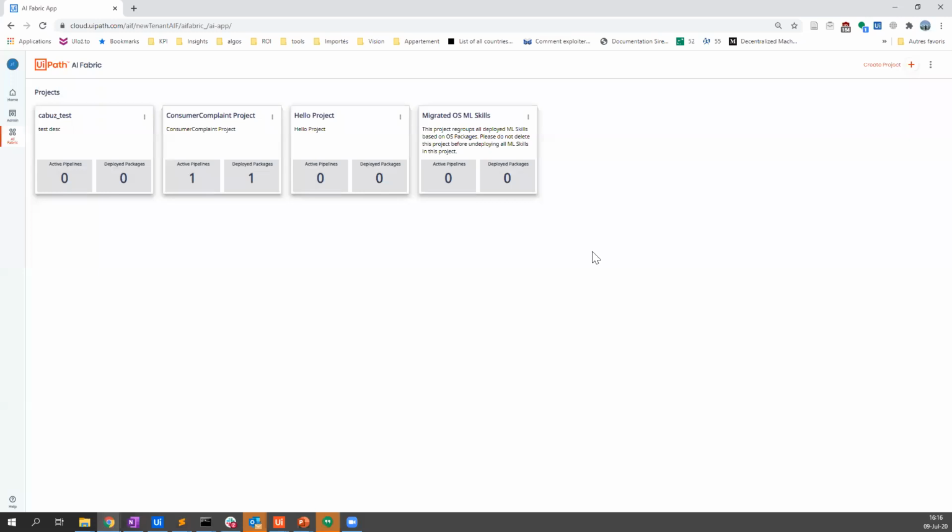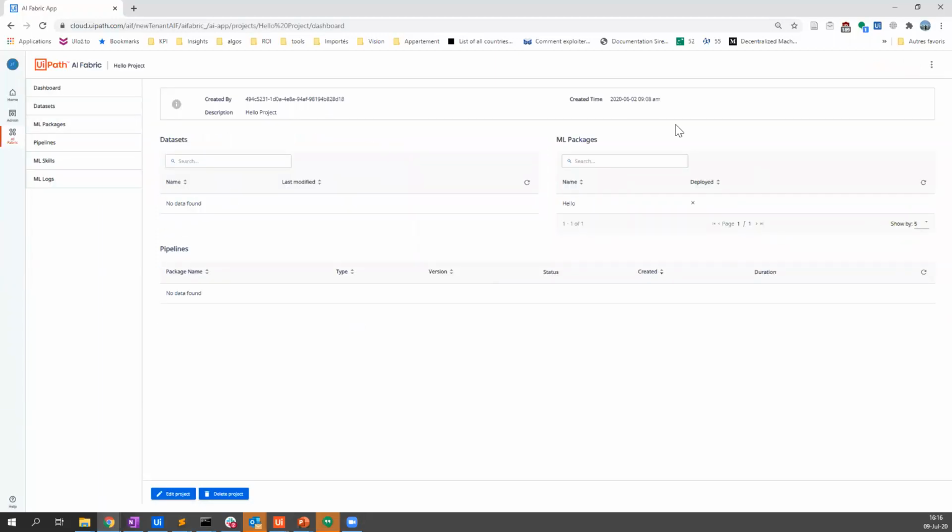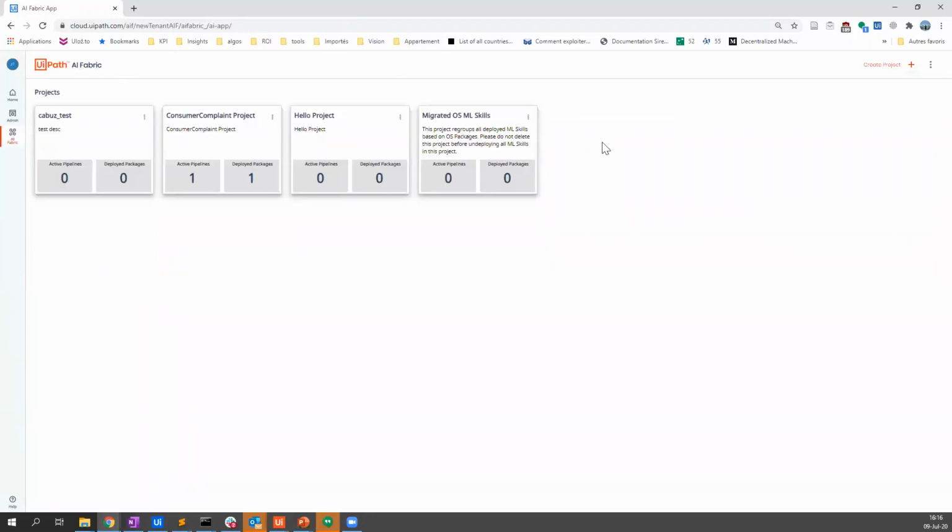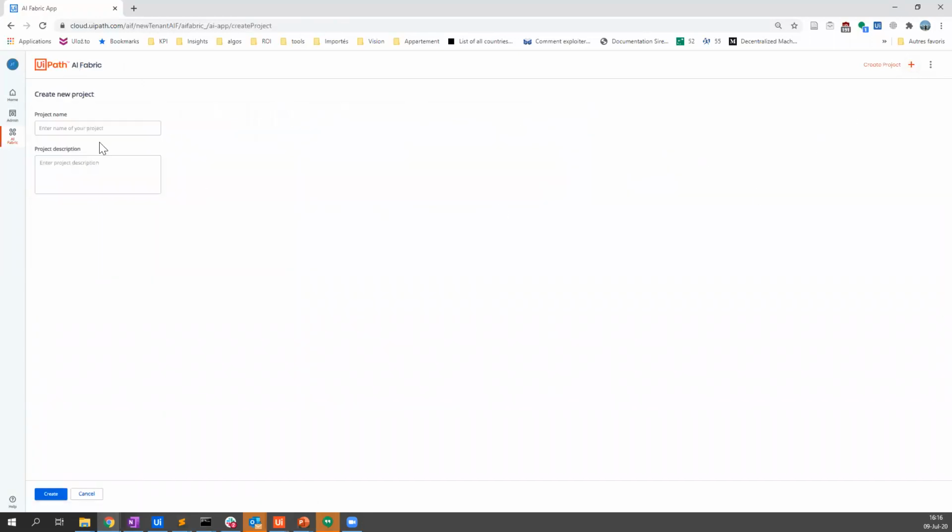Okay, let me go back just to the first page because there is one thing that I didn't show you. I told you about the project that we are basically using to separate business use cases. Creating a new project is very easy. Or actually, there are 2 things. New project, demo. So you just need to enter a name basically. Description is optional, but you can just put it. And you can create, and that's pretty much it.